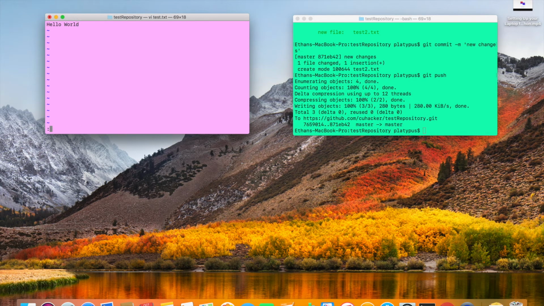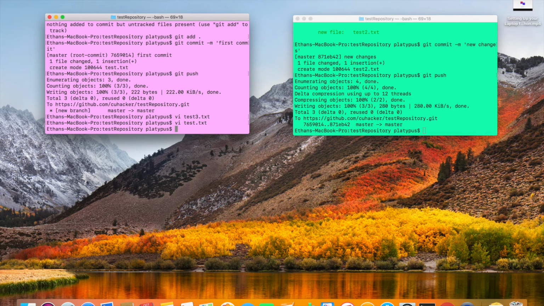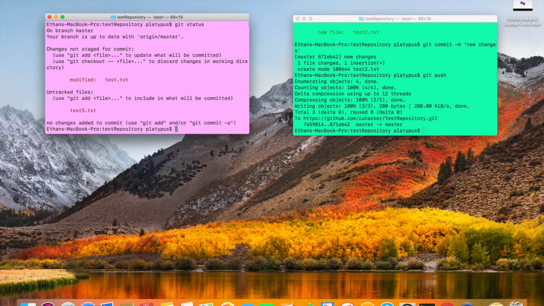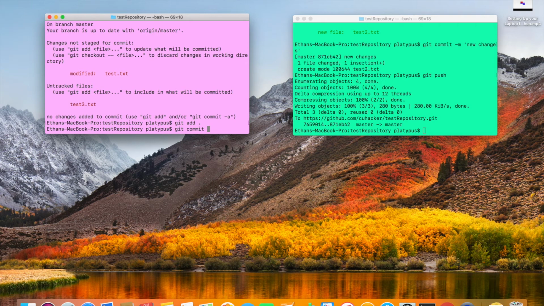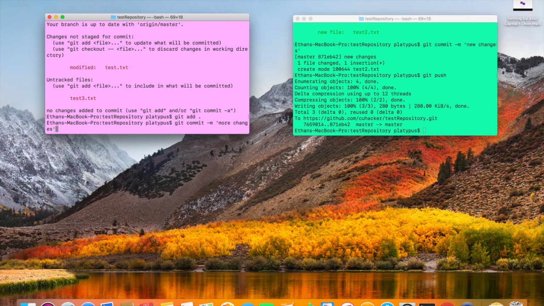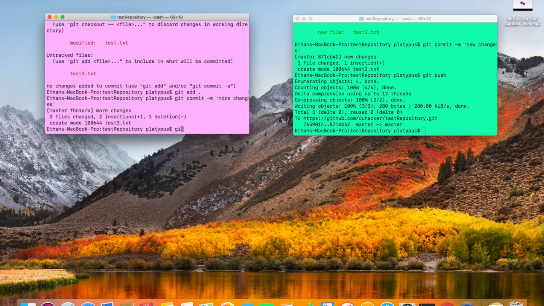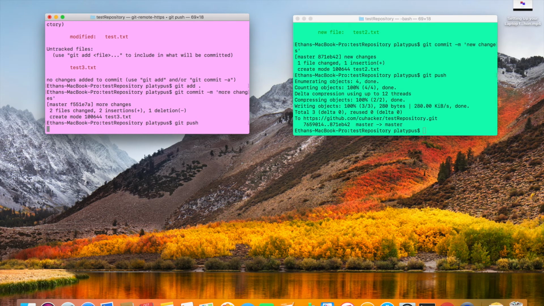So at this point, we have made changes to a file that is already in the GitHub repository, and we've created a new file. So we can type git status and see that the test.txt file is modified, and we have an untracked file, which just means a new file called test3.txt. But both of them are in red because they haven't been staged yet. So we can type git add dot to stage both of them, git commit -m to take a little snapshot of what these new changes are, and when we hit enter, we can now type git push,